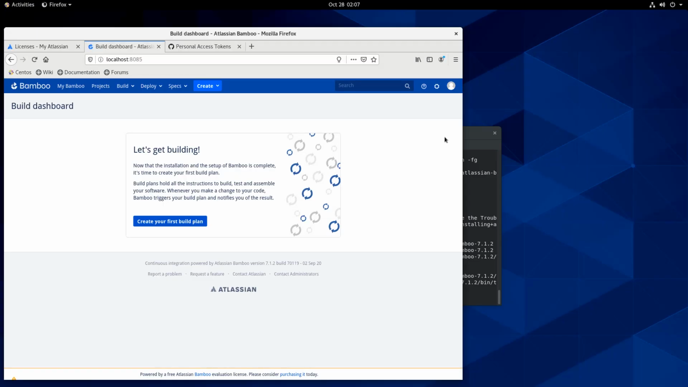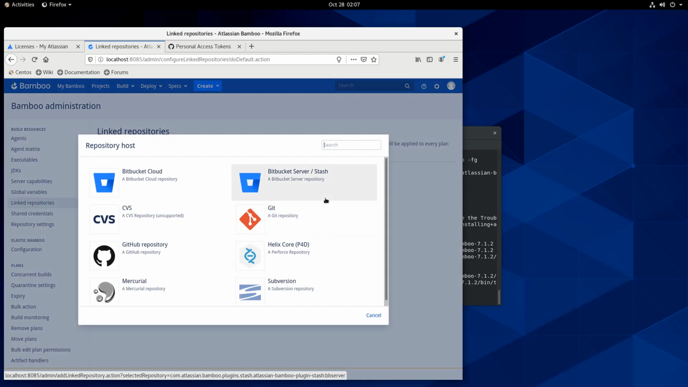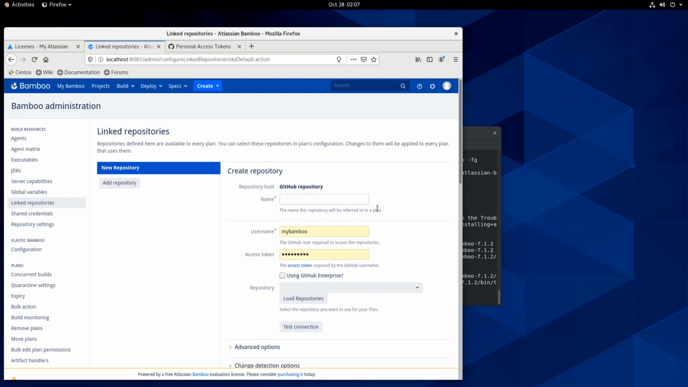So now we are going to link a repository to Bamboo. We click here and go to linked repositories. Click on add repository. In this tutorial we are going to add a GitHub repository, but feel free to use the other ones. So you go here, you give it a name, you give your username of your repository of GitHub, you fill in an access token, click on load repositories,